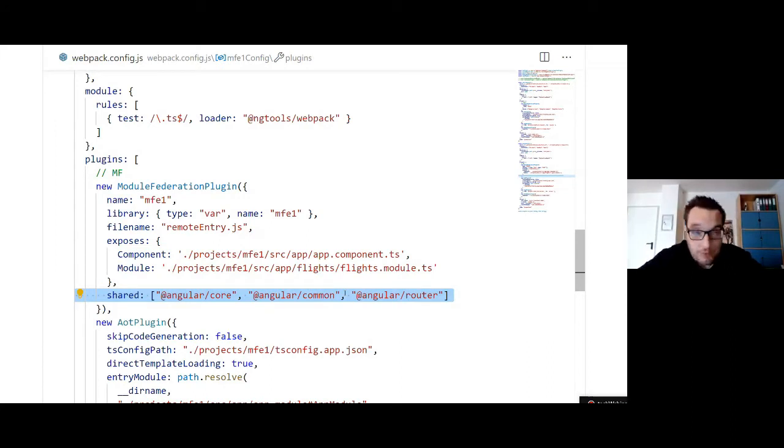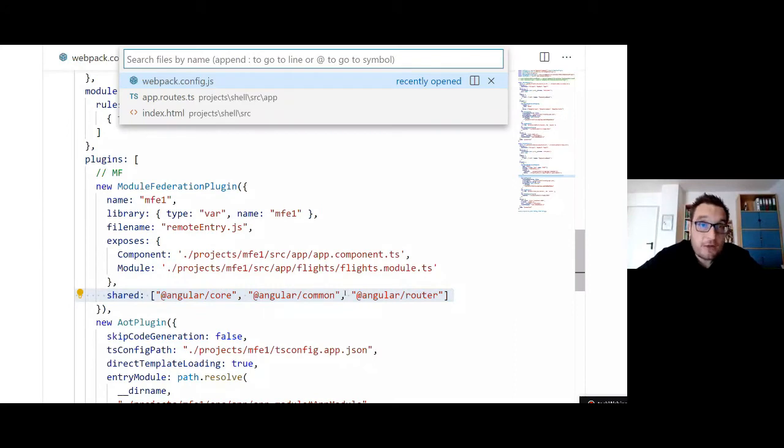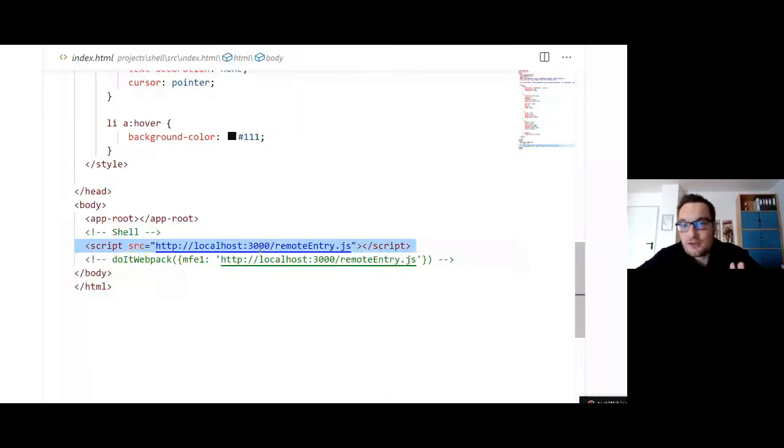And that's it. Now I only need to compile everything with Webpack, and this allows me to load the microfrontend into the shell at runtime. Well, of course, to tell the microfrontend shell about the microfrontend, I need to load this remote entry point from the other location. Just a tiny amount of bytes as mentioned before.